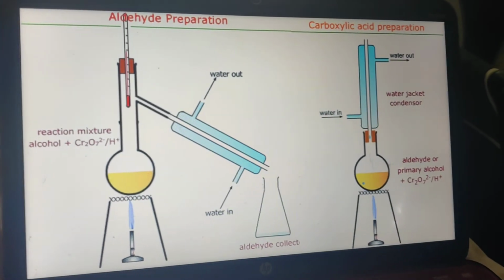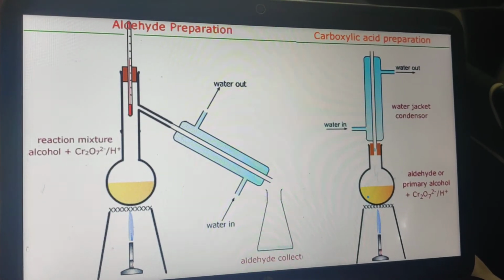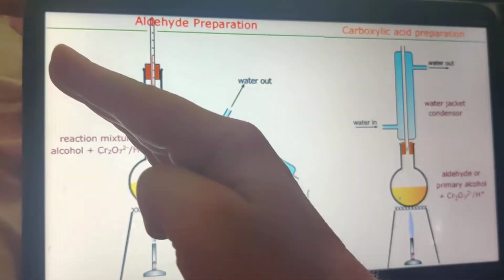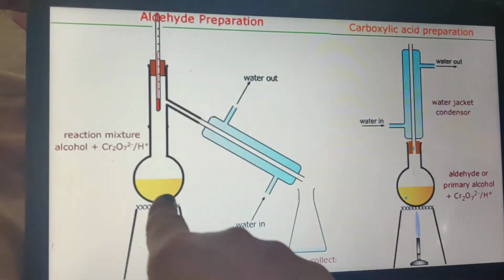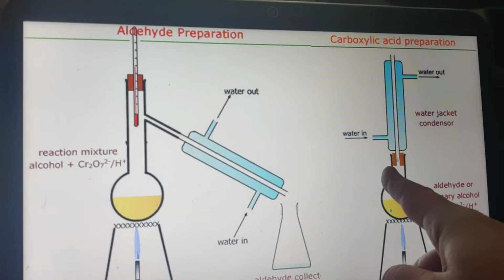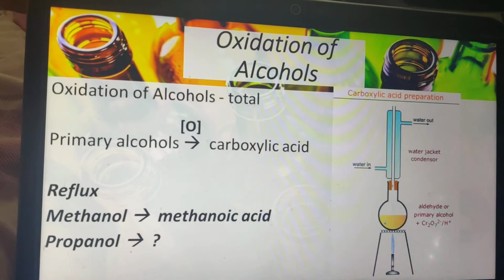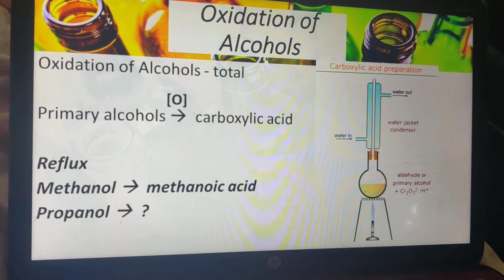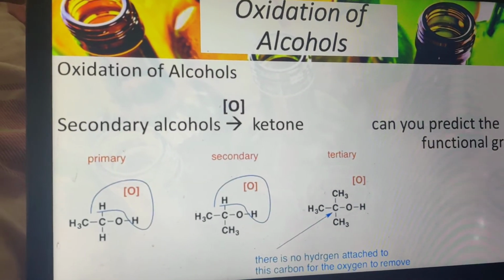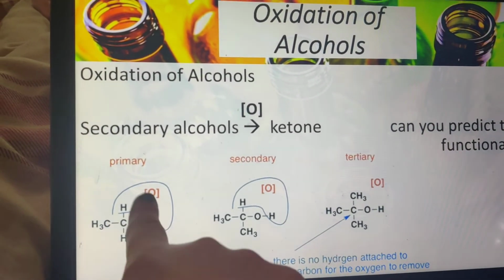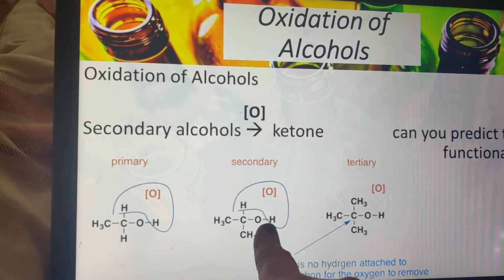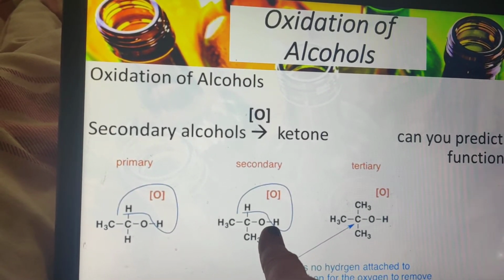So that's just a summary slide there to show the different methods. Distillation, reflux. Angle, vertical, partial oxidation, total oxidation, makes an aldehyde, makes a carboxylic acid. Okay, done that bit. Right, a secondary alcohol here, a primary alcohol there, the secondary alcohol here, okay, makes something